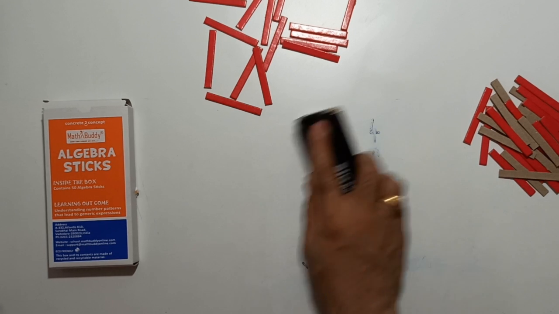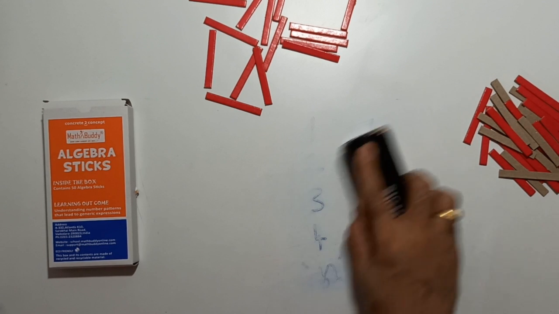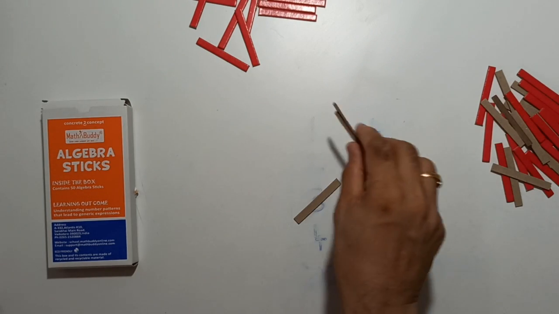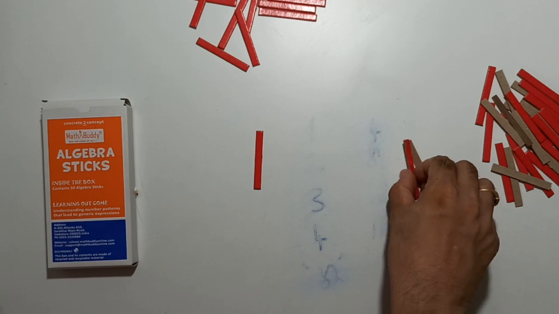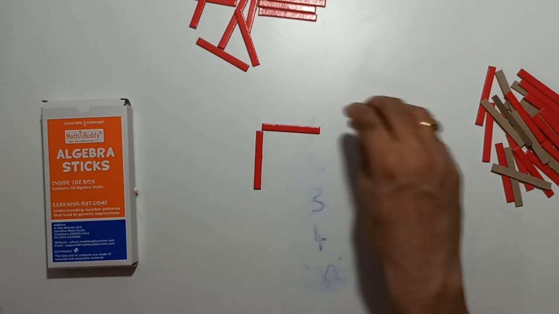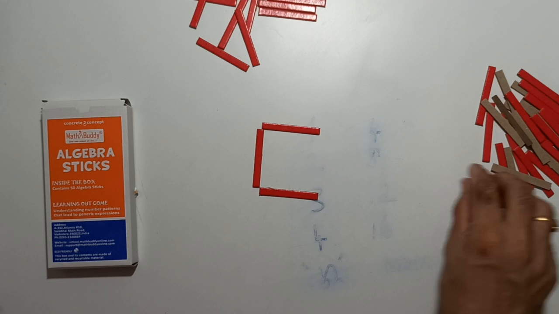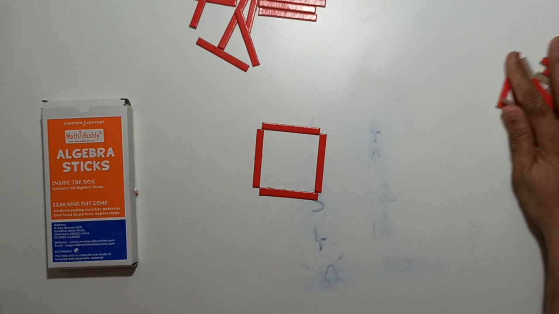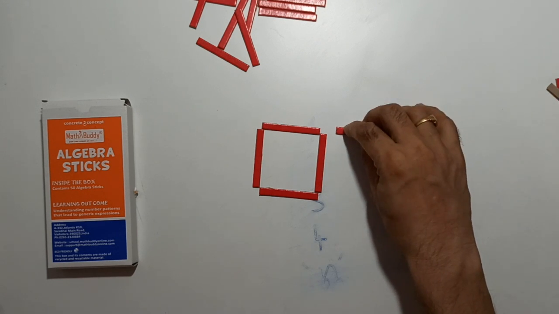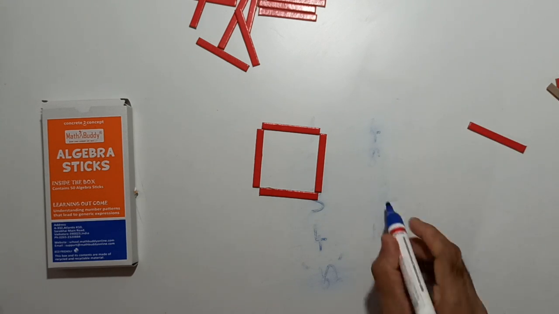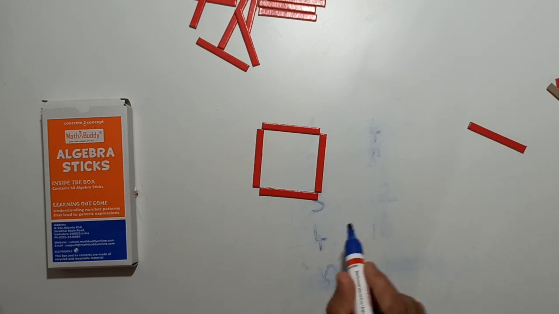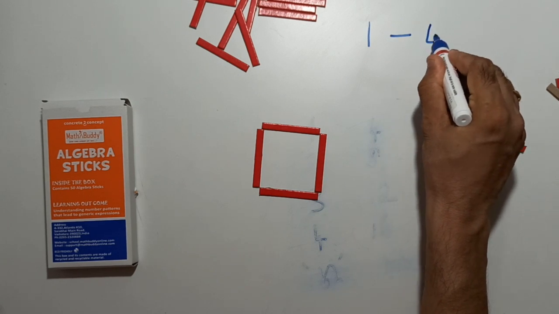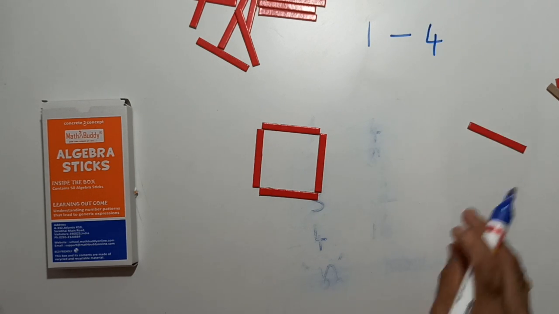Let's look at a slightly more complicated example. So this was very straightforward. Now I want to create something like this. The same square, I want to join 4 of these sticks to form a square. Now the next square I want it to be connected to this. Now for 1 square, let me write it here. So for 1 square, I needed 4 sticks.